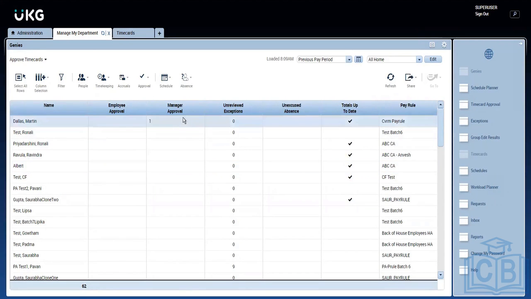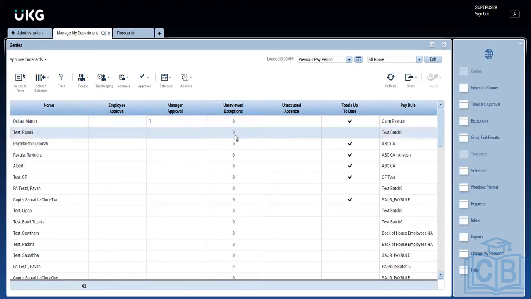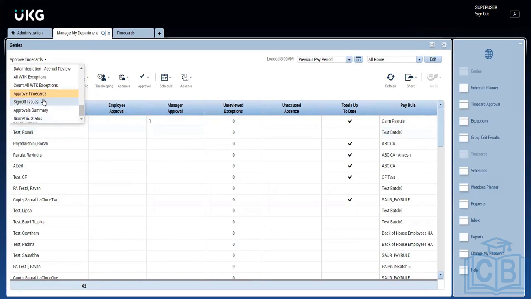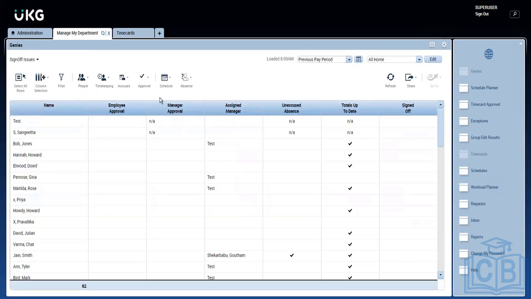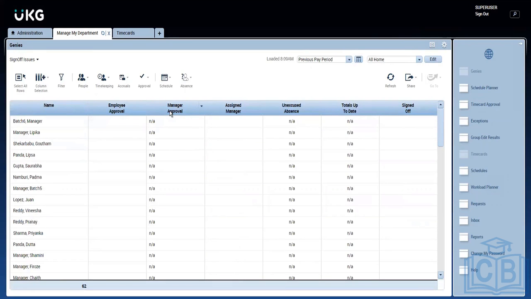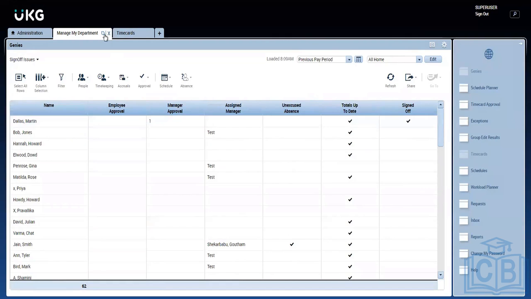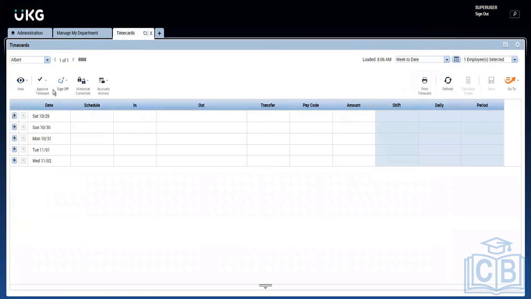Yeah, so if you see, this will give you whether the time card has been approved. And there is another item which is sign off, which will give you one more additional detail stating whether it is signed off, like there are two levels of approval. If you remember the first session I showed you, one is the time card and one is signing off. So this has some additional details.